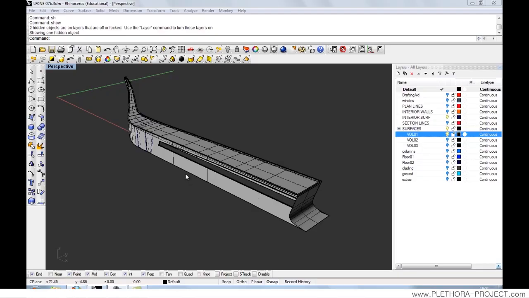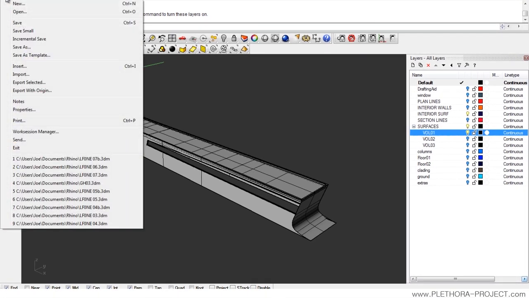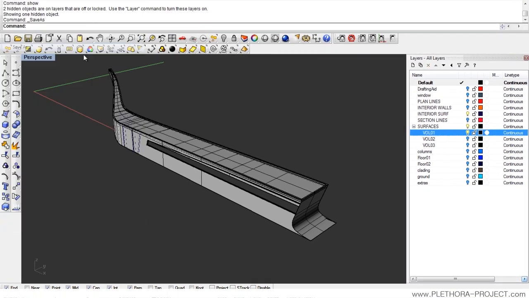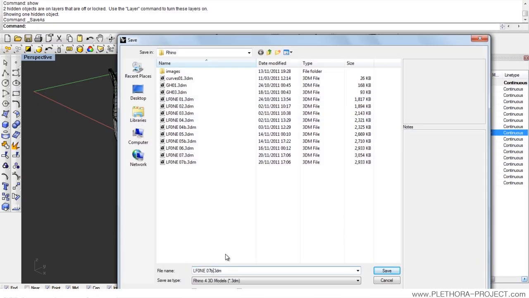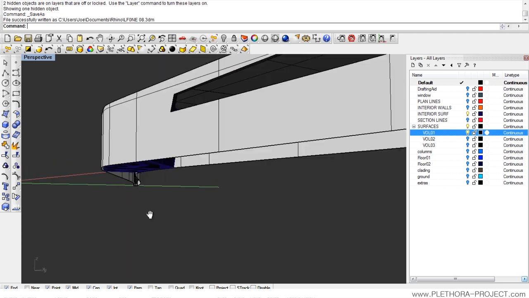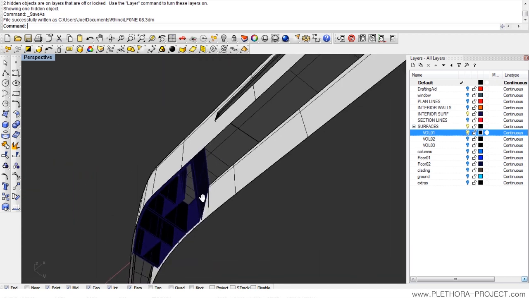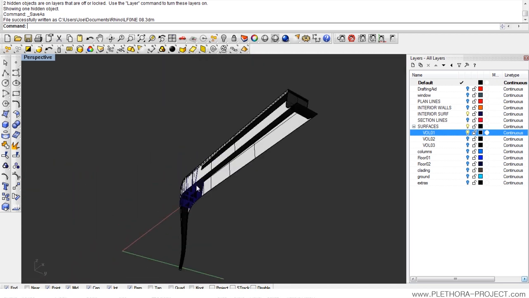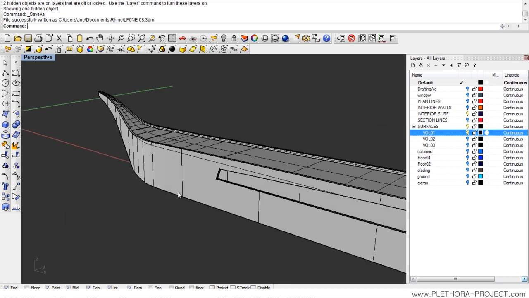Hey guys, so this is tutorial number 8 on the LF1. So let's start by saving again. This tutorial is number 8 and we're going to start off where we left off. What we did in tutorial number 7 was some of the interior walls. So we're going to keep on detailing some of the